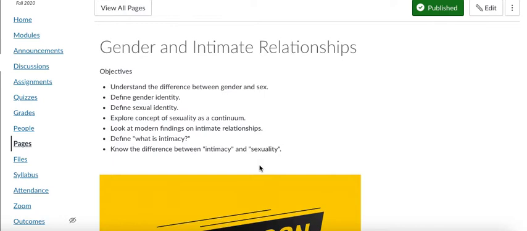Because it's not a binary definition that we see in popular culture, such as male, female, and the like. In science, we see gender as a continuum. We also see sexual identity as a continuum, and we'll go over those. This will lead us into a conversation about intimate relationships. Yes, the majority of relationships are heterosexual for reproductive purposes, but as we'll see, even with human sexuality, the goal of sex is not always reproduction, just like the goal of intimate relationships is not always